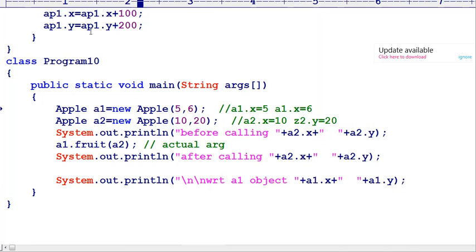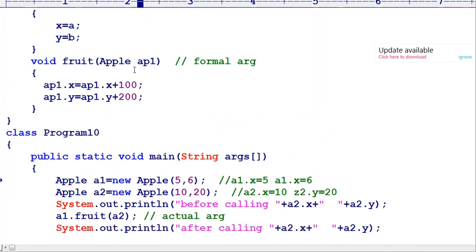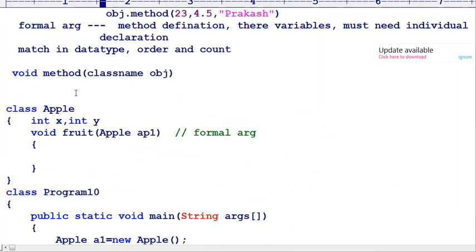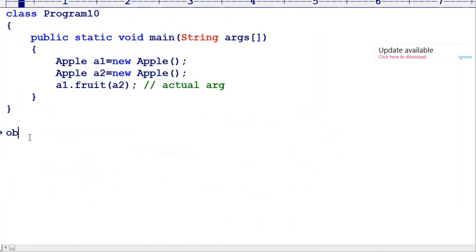This is called parameter passing, an object as an argument. With this, a method can receive an object as an argument. Similarly, a method can return an object as a return type. So we can pass an object as a return type. Here it is simple: whatever the return type may be, we catch it with the same type.